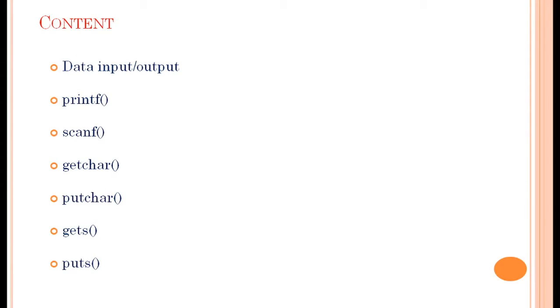Input means to provide the program with some data to be used in the program, and output means to display data on screen or write the data to a printer or a file. C programming language provides many built-in functions to read any given input and to display data on screen when there is a need to output the result. So in this lecture, we will learn about such functions which can be used in our program to take input from user and to output the result on screen.